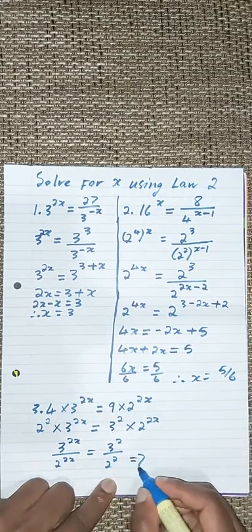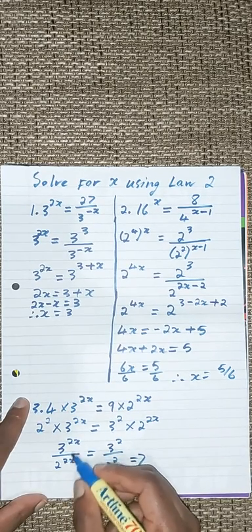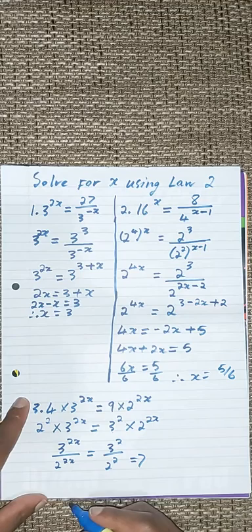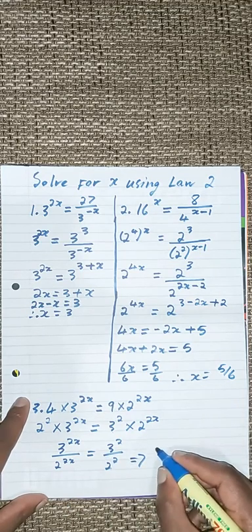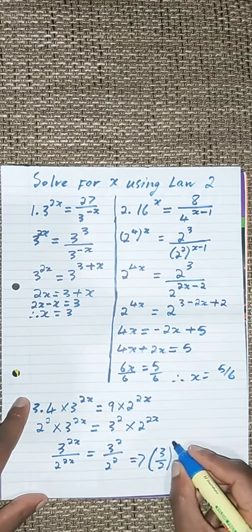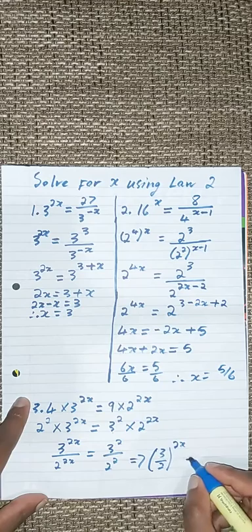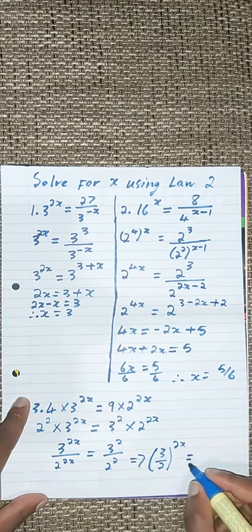When we proceed, since there's a common exponent here, we will take it out. So when we take it out, we will remain with 3 over 2 to the power of 2x is equal to,